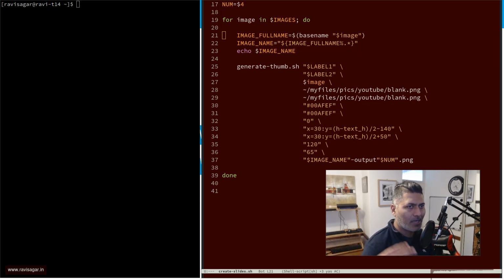Now, the thing is that I want to use the LinkedIn document, or basically I wanted to upload some slides on LinkedIn. But of course, I don't really want to do it manually. I don't really want to create a slide in LibreOffice or Google Slides. I have my shell scripts, and using shell scripts, you can not only create an image with some text on top of it, and you know it because I generate my thumbnails using a